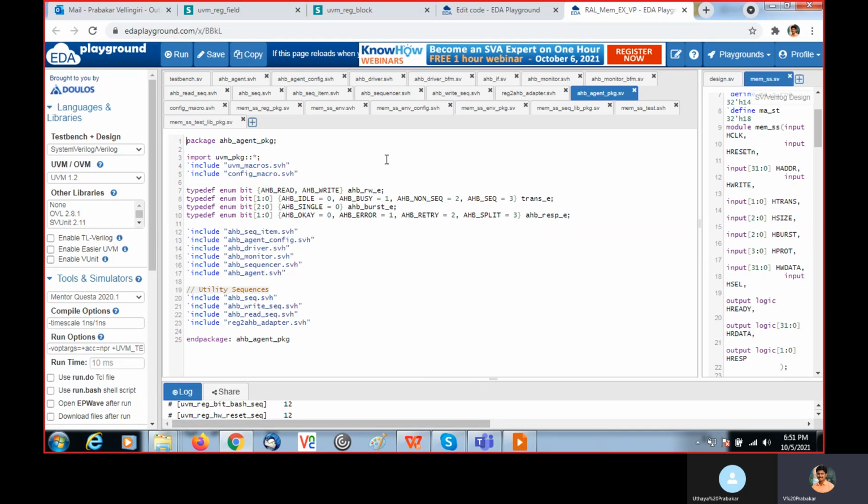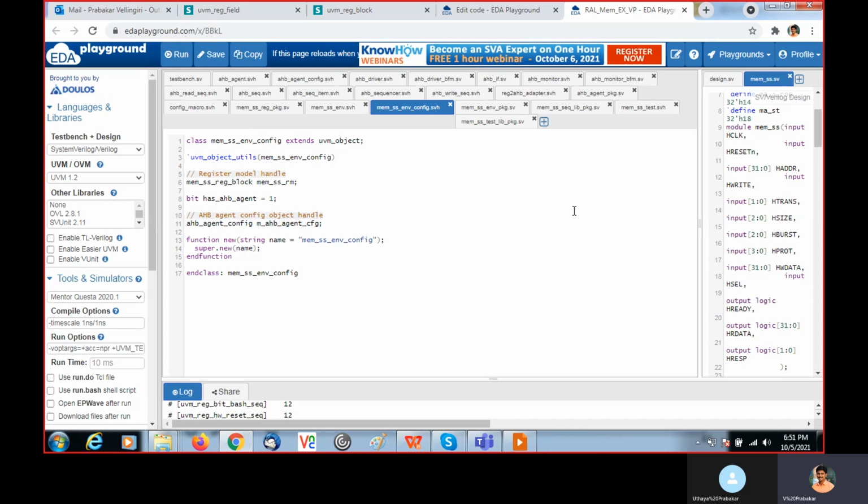Now we are moving to the environment. First the register model. In the earlier example we saw a register environment that was declared in the top environment. Here the predictor declaration and everything we are going to do in the top environment itself.